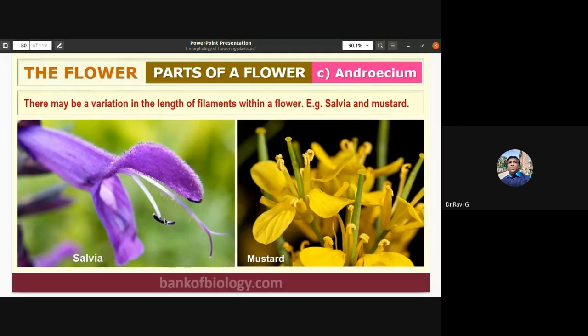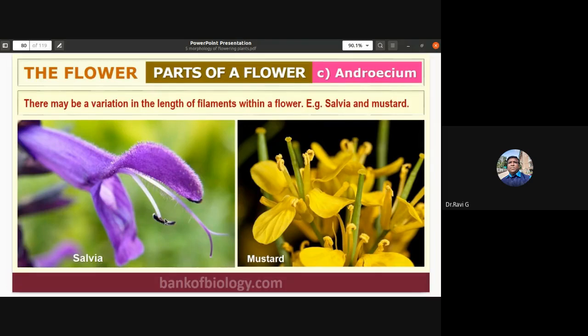If four stamens are long and two stamens are short, we call it the tetradynamous condition. So maybe for NEET it might be required, but not for your NCERT part. So if four stamens are long and two stamens are short, we call it the tetradynamous condition. If two stamens are long and two stamens are short, we call it the didynamous condition. So you should know about these different stamens, which differ based on the length of